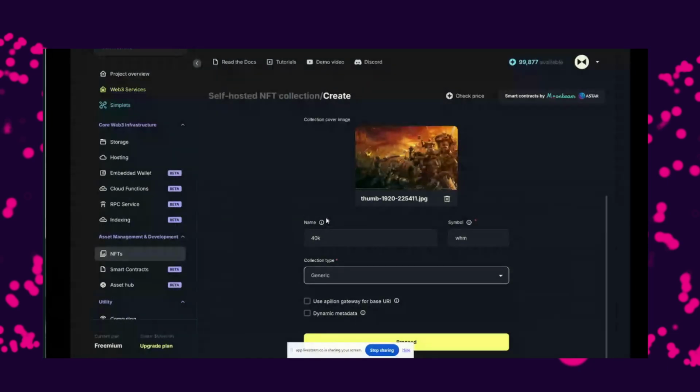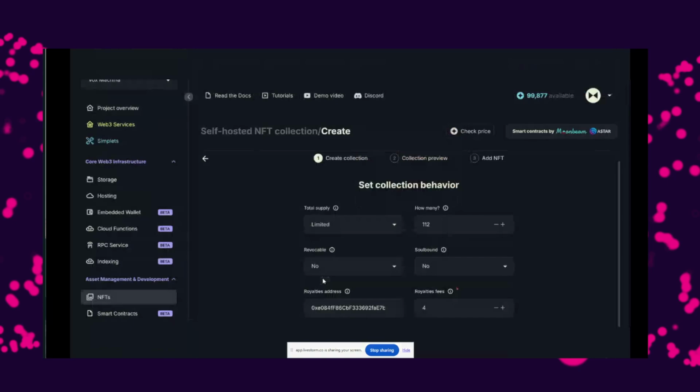And then these are the required fields. This is where you're configuring the smart contract part. So we have name, we have symbol. With collection type, you can choose either generic or nested. With nesting, we're providing the RMRK standard. If anyone is familiar with RMRK, let's say you own 3 NFTs, you can click on one of them and nest the ownership of 2 other NFTs under that one specific NFT. So this is what you configure here.